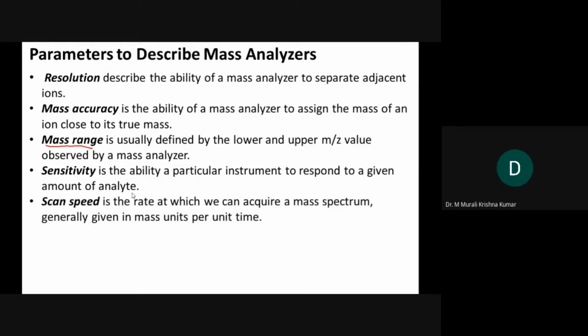Then comes scan speed. So here comes a very important issue. The scan speed needs to be very, very quick. The reason is, let's say you have an instrument that does the scanning for 1 second, and it needs 1 second to come back to normalcy so that we can start scanning again. If this is the situation, you have to wait at least 2 seconds for every scan. Okay, so then it is fine.